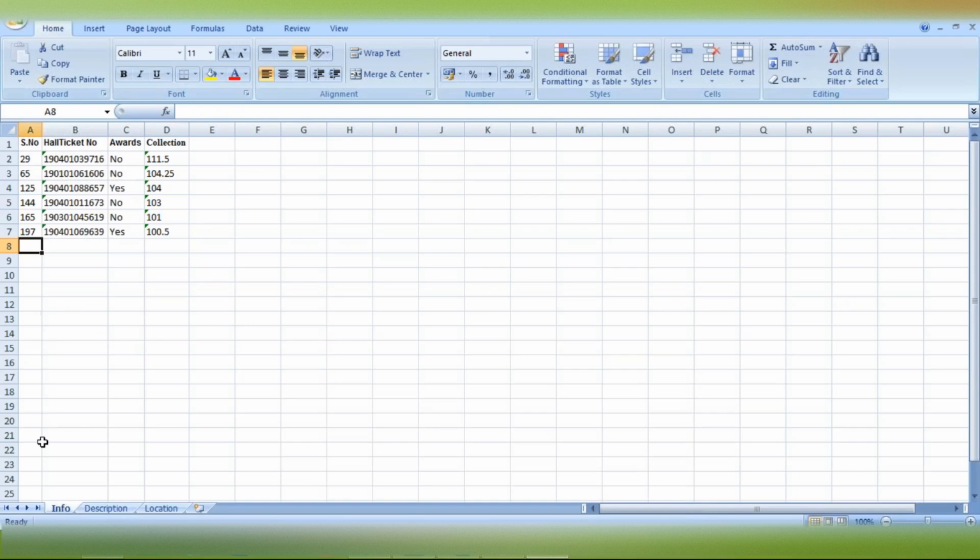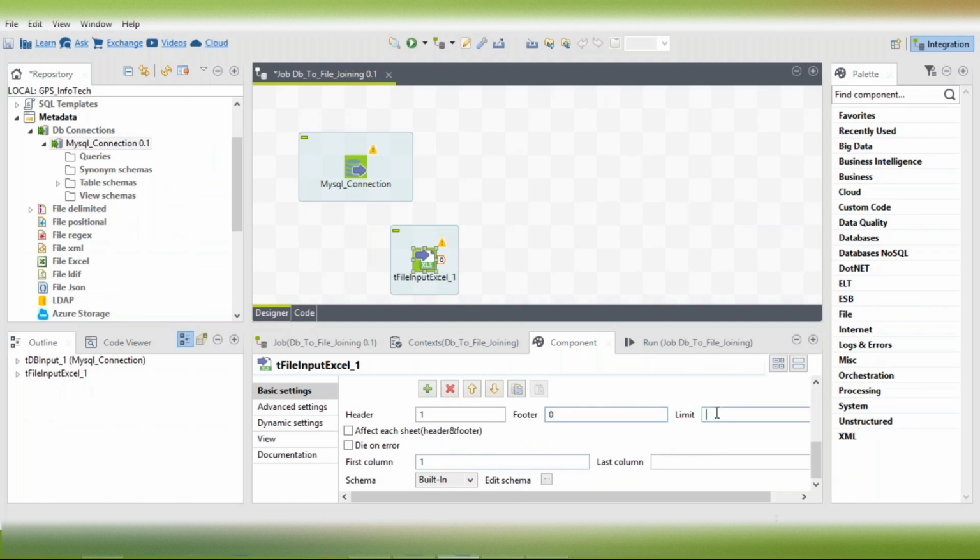Say you are getting data only up to the 24th or 25th cell, or else you want the data only up to that particular footer, then you can mention the footer. Or else you can even give a limit option, so that you can pick only records up to